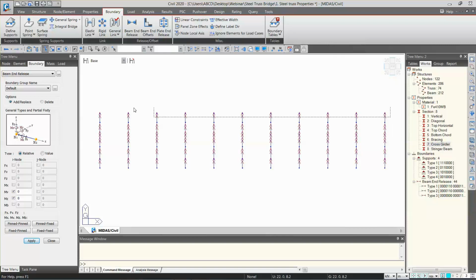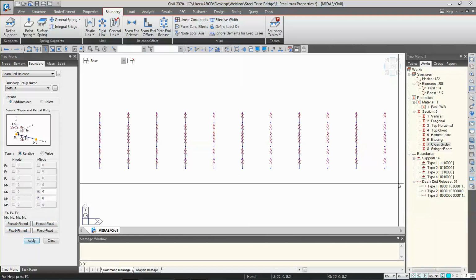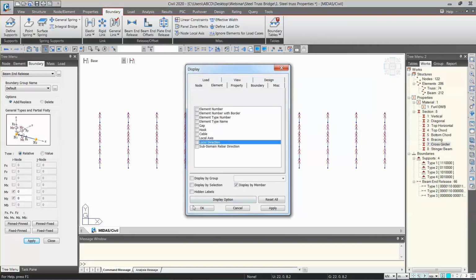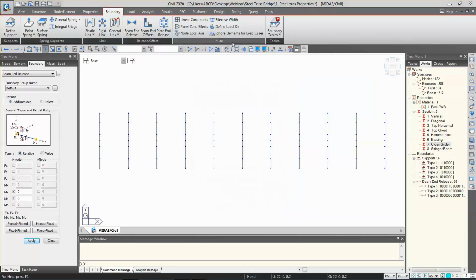I will select only these elements and give which condition, fixed pin, right? Apply, and select this and let's give pin fixed and apply. Now beam end releases are also given, so let's check off the local direction and activate all.